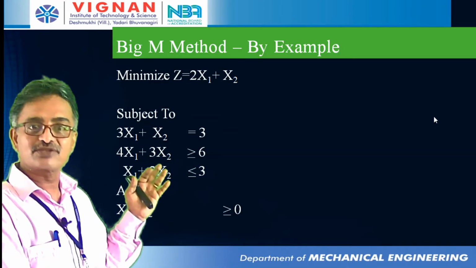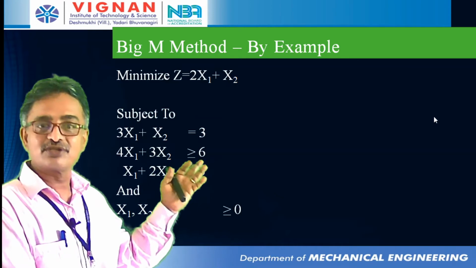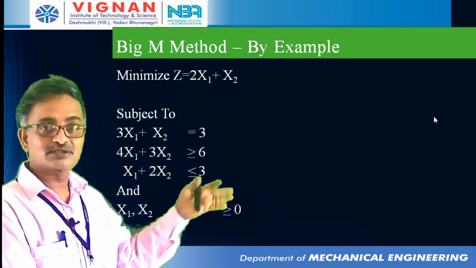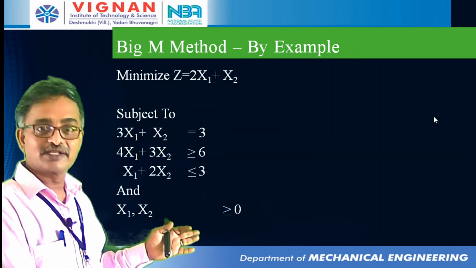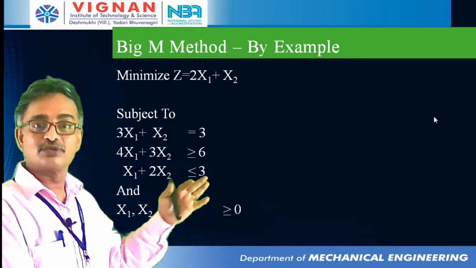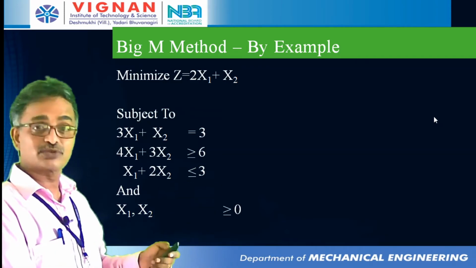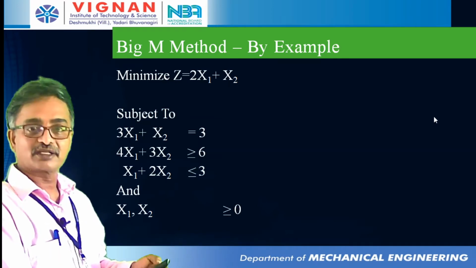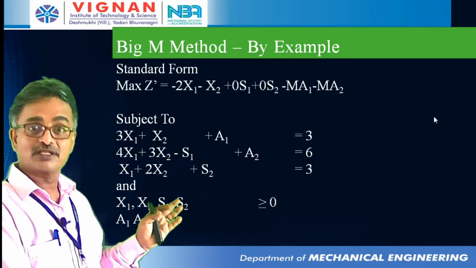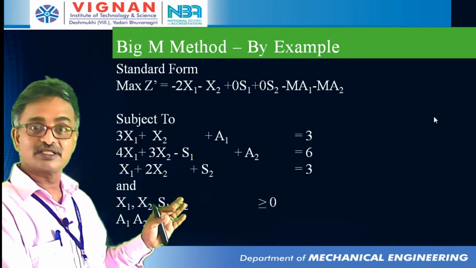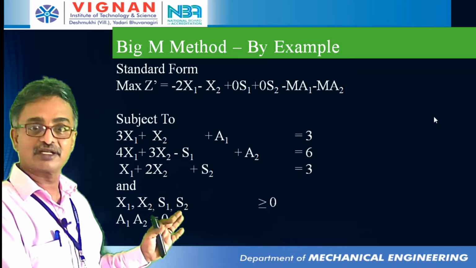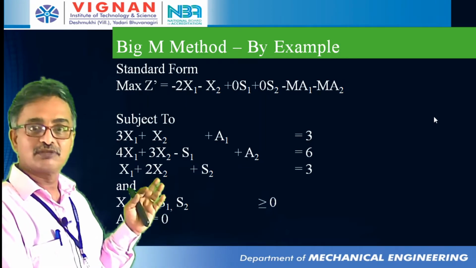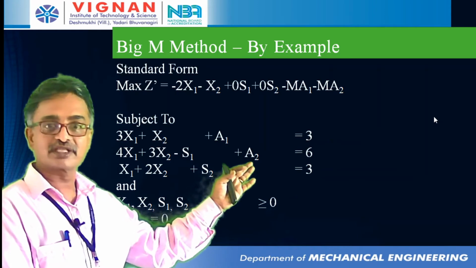In the case x1, x2 equal to 0, this lands in a situation where the surplus s1 equals minus 6. That also violates the condition that x1, x2, s1, s2 are greater than or equal to 0. The surplus s1 is a positive quantity that has to be subtracted. The negativeness of s1 violates the given non-negativity constraint. So to accommodate this scenario again, we will have another artificial variable in the second equation.